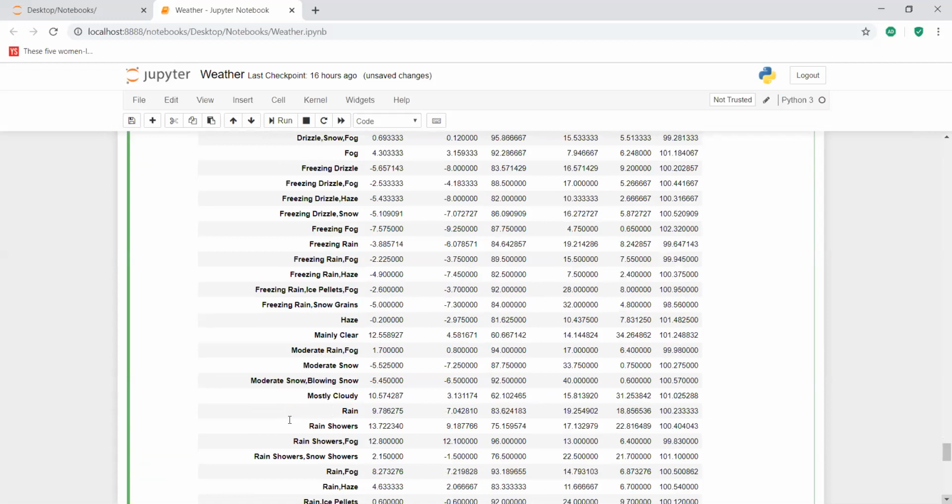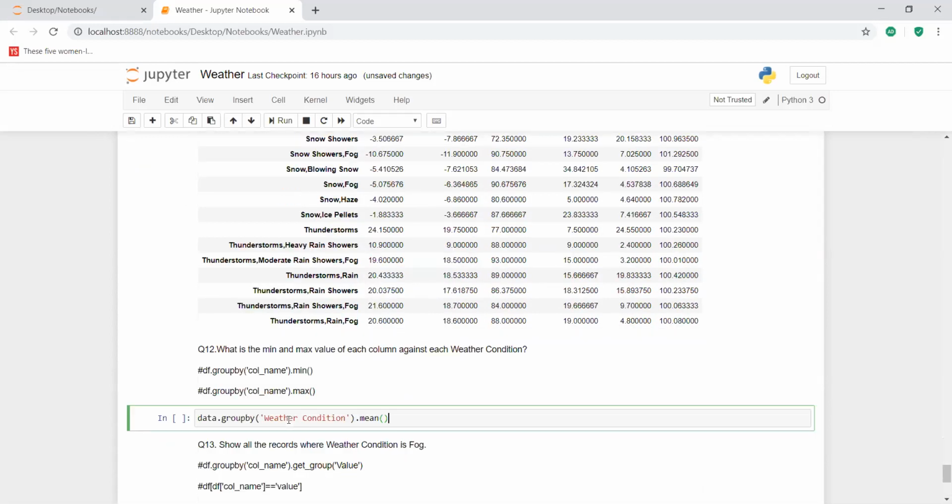Now we have to find out the min and max value of each data column against each weather condition. So I'm changing the function to min. Now let us execute. Now the data frame is grouped with respect to each unique value. I'm applying the min function in order to find the minimum value of all the other columns in the data frame with respect to the weather condition.